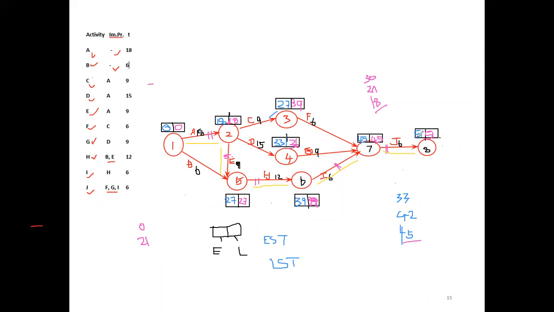If he wants to make any delay, he may do so in non-critical path activities. F or G can be delayed, C also can be delayed, D also can be delayed, and B also can be delayed, but only by a certain amount. The amount of delay can be calculated by the float. So in the next lecture, I will show you how the float is calculated, and how many days other activities can be delayed. He cannot delay by any number of days as he wishes.